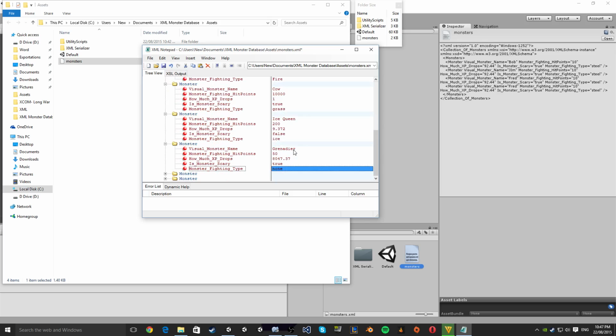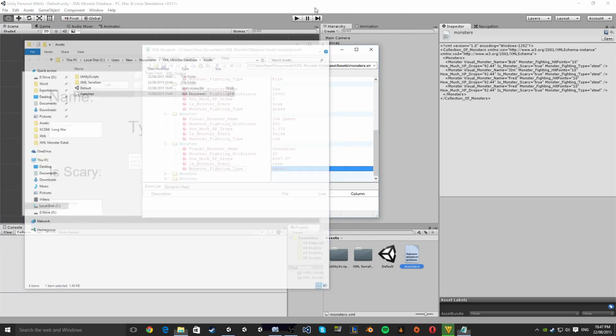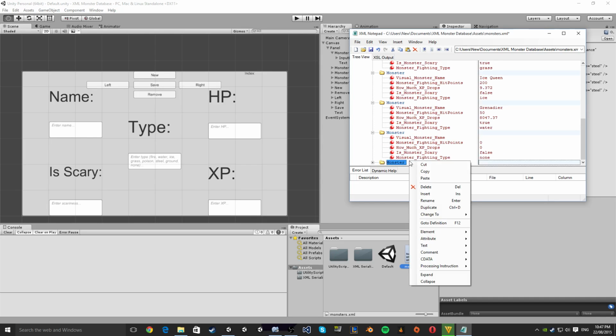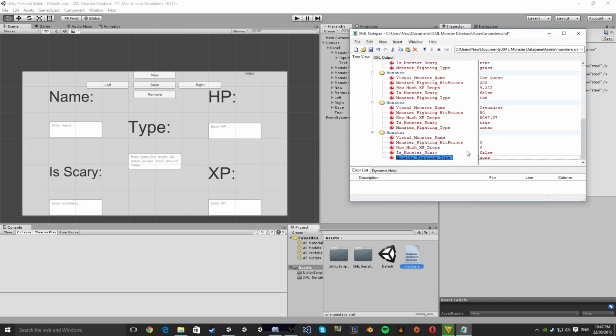We've done fire, water. I don't even know what else there is. There's ground, and that's it. So this last monster doesn't exist anymore, because we only have ground. I called it fighting type, but we don't even have fighting in there, so I don't know. I kind of feel bad for that. There's quite a few trues and falses, actually a lot more trues than falses, so we'll make this guy false. We'll call him